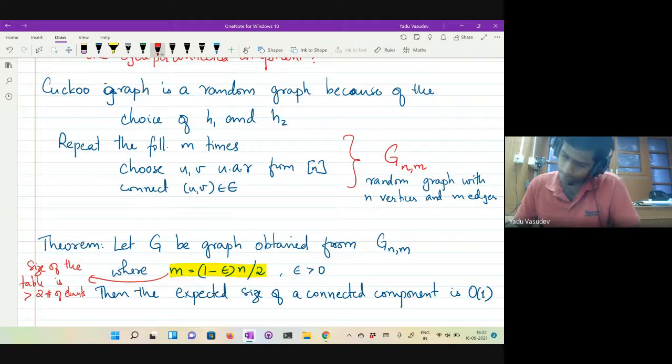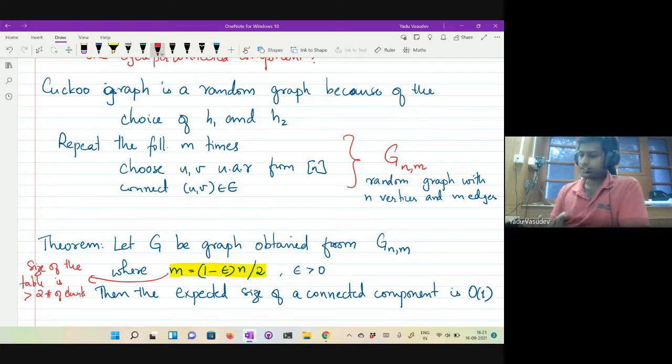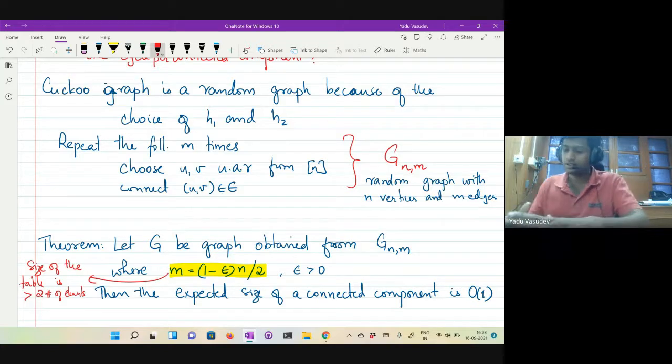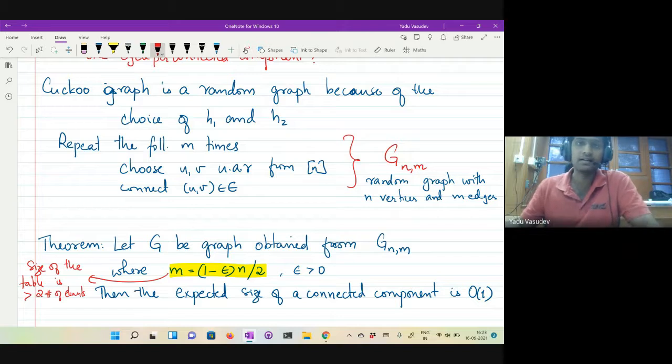And using H1 and H2 is like generating a graph G from this distribution G(n,m). What you want to say is that the expected size of a connected component is order 1. This would say that the search time is order 1, provided the graph does not contain connected components with 2 cycles.